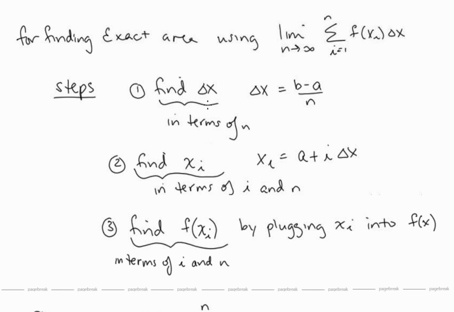So we get delta x in terms of n, then we get xi in terms of i and n, and xi is given by a plus i delta x, because we're starting at x equals a, and then for the ith subinterval we have to add on i times delta x, the width of each subinterval. And then once we have xi, we plug it into f and find f of xi in terms of i and n. And then we can plug f of xi and delta x in here,